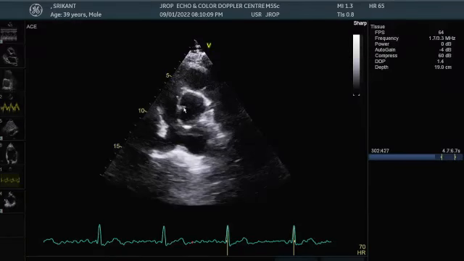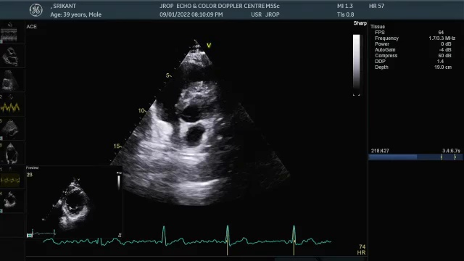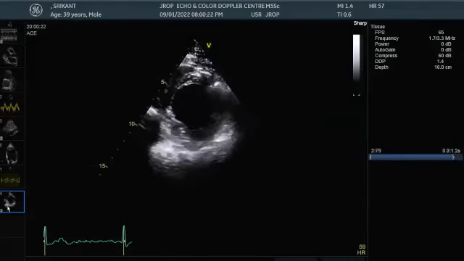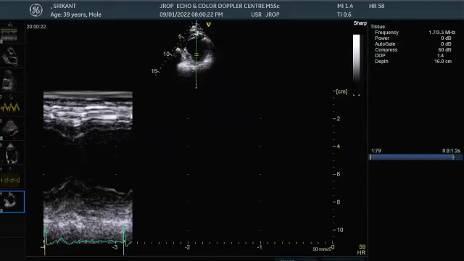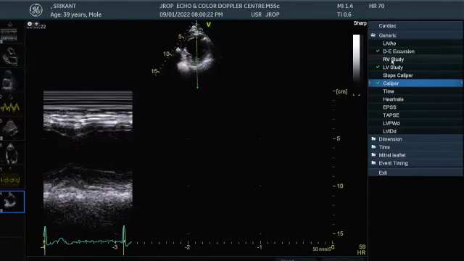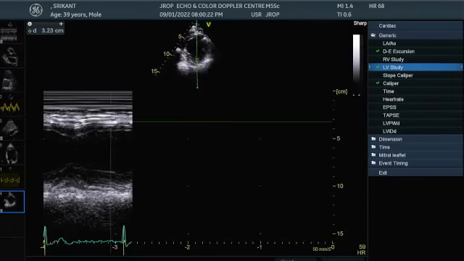Right. Anybody else? Good evening, sir. Vivek Patre is here, sir. Yeah, Vivek, go ahead. You already told, sir, but I couldn't understand how to measure the left ventricular hypertrophy. Left ventricular hypertrophy, I already told you, go to short axis view. This is short axis view at papillary muscle, right? Yes, sir. Take an M mode.